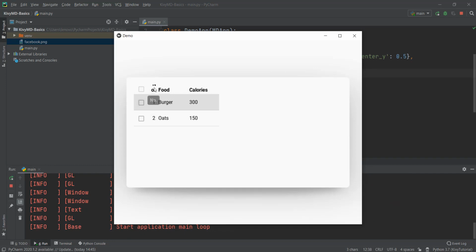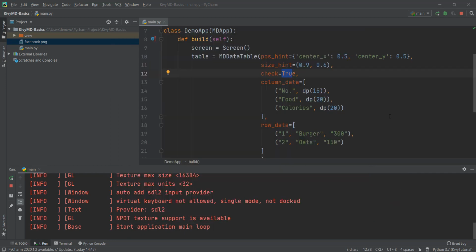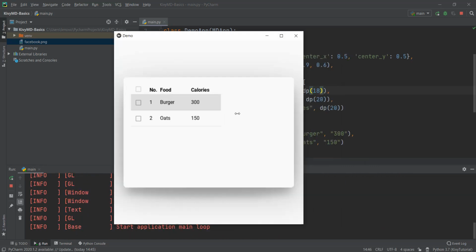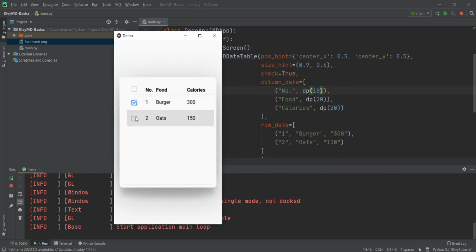But you can see that the number has gone up a little bit, and this means that we have given too little space to our number. So we need to increase this space a little bit. So now let's give it a value of 18 and you'll be able to see that everything looks pretty good, and you can just minimize it and put in your check marks.